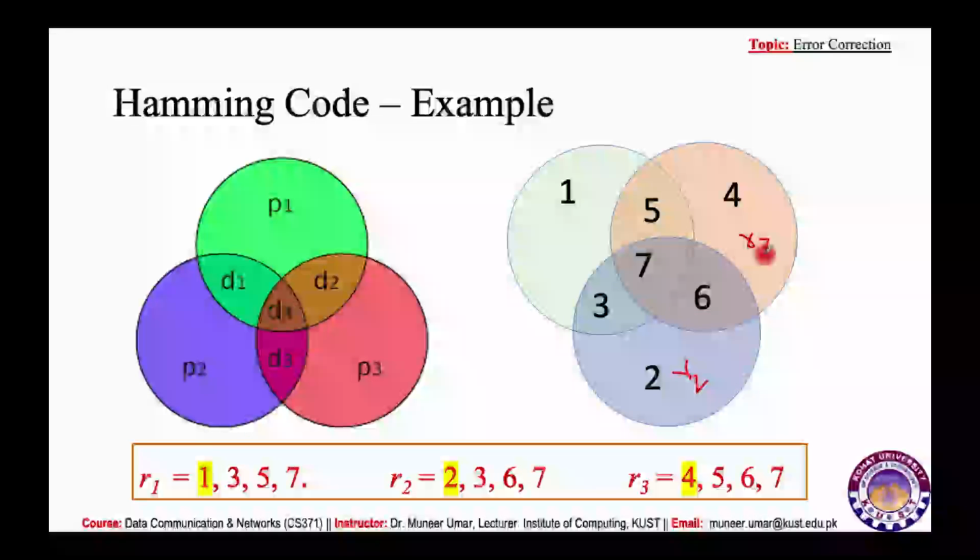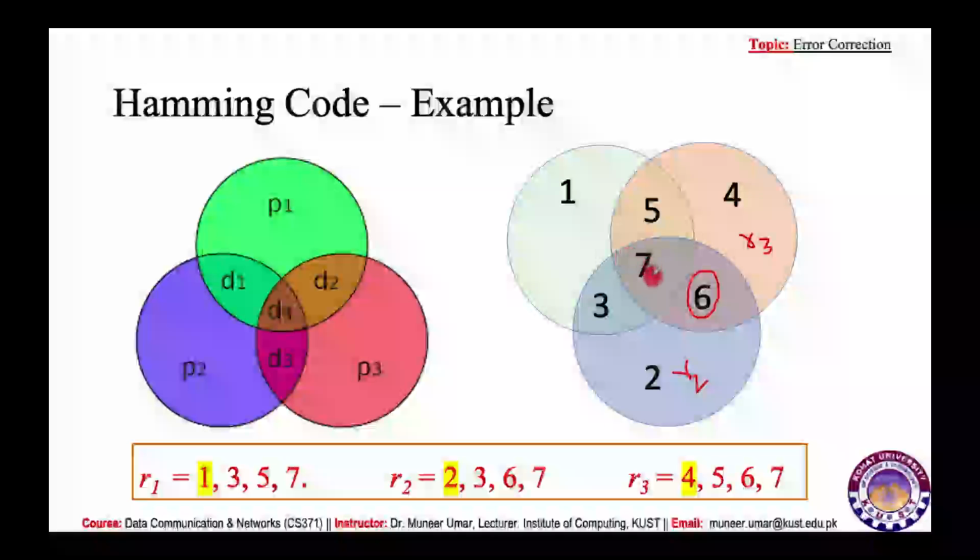So which bit is present in R2 and R3? Let's say we take 7. This is present in both, but this one is also present in R1, so we cannot take 7. Let's say we take 3. It's only in R2 and R1. It's not correct. Now if we take the bit position number 6, it is present in R3 and R2 but